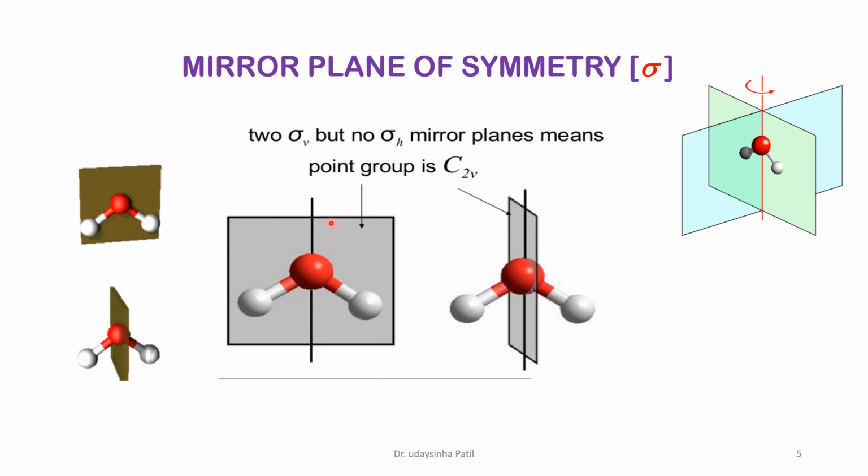Again we consider here the C2 axis, and the plane is again parallel to the C2 axis. This is the plane which is parallel to the C2 axis, which bisects the molecule exactly into two equal parts, and both parts are mirror images of each other. Therefore, here is again the possibility of sigma V. So this is one sigma V, this is another sigma V. Therefore, there are 2 sigma V, two vertical planes present in the water molecule.